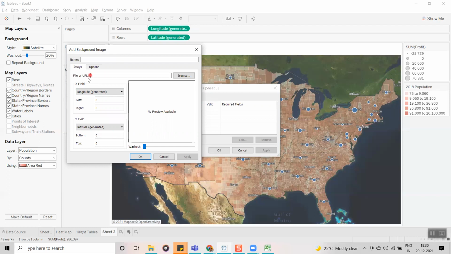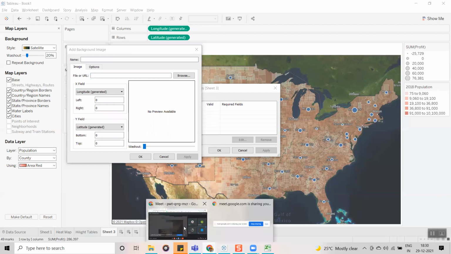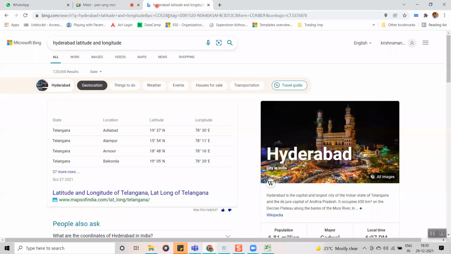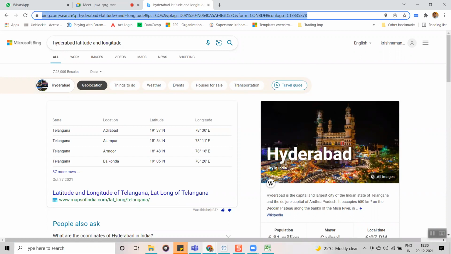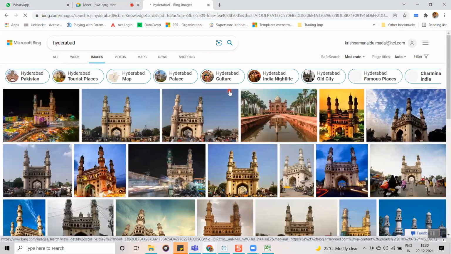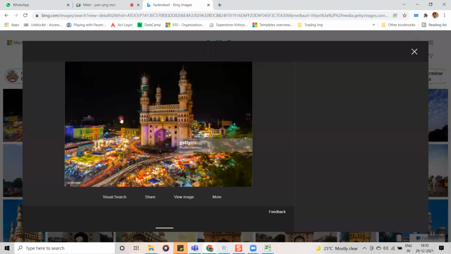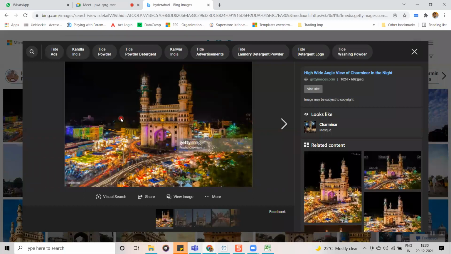Or it is showing file or URL. So for example, if you want to get, let me try. I'm not sure it is going to work. Here an image is there, so let me click on it. How to get this URL?